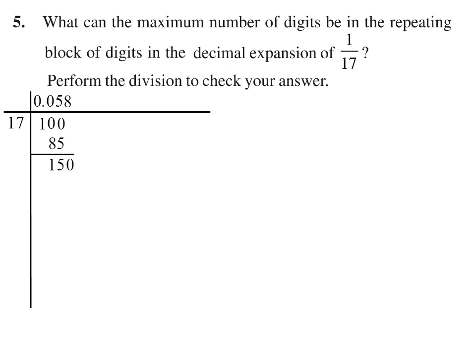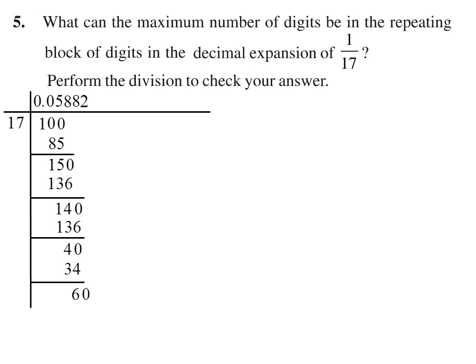The second number I multiply by 17 is 8, so it becomes 136. Now my remainder will be 14. Taking 0 as a carry forward, it becomes 140. Again I multiply by 8 and get 136. Now my remainder will be 4. Again taking 0 as a carry forward, I will get 40. My next number will be 2, which gives 34. So my remainder will be 6.